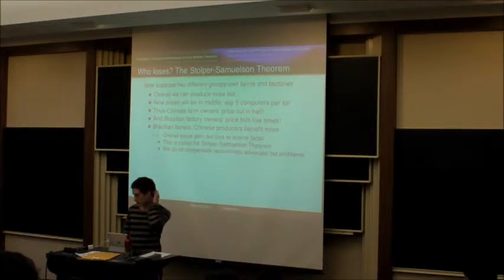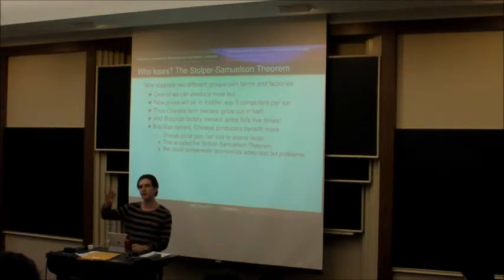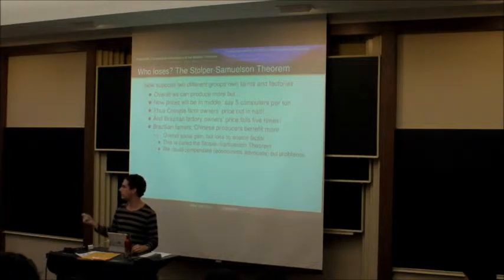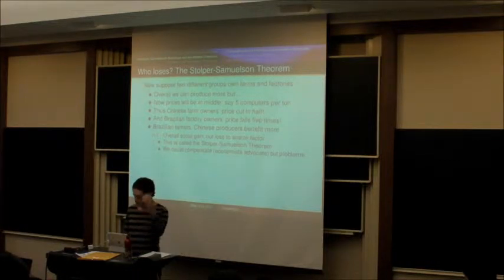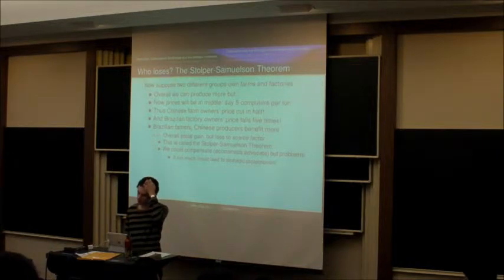And economists usually say that the solution to this is pretty simple. You should just tax the people who benefited from trade, the Chinese computer manufacturers or the Brazilian farmers, and redistribute to the people who were hurt by trade, and then everyone will be better off. But in practice, this can be very hard because